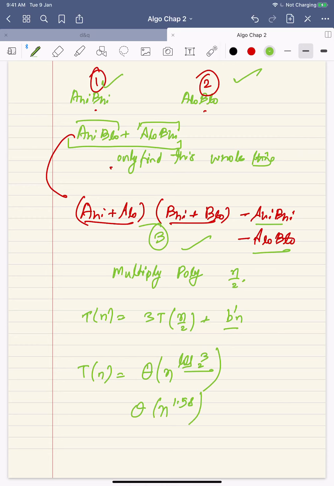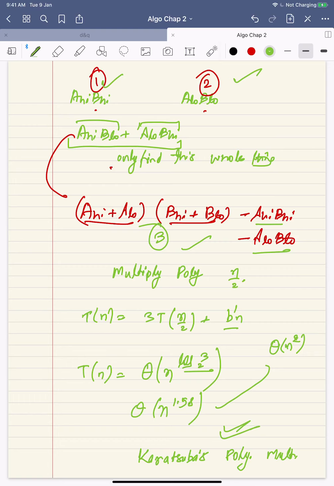And this is a huge improvement with respect to the naive algorithm. So yeah, and this came by divide and conquer. Yes, not just by divide and conquer. You had to be a bit more smart, and then you find out, okay, you can do this in 3 subproblems, and you achieved n to the power 1.58. And that's what it's also called Karatsuba's polynomial multiplication. The first interesting problem other than what you have already seen.